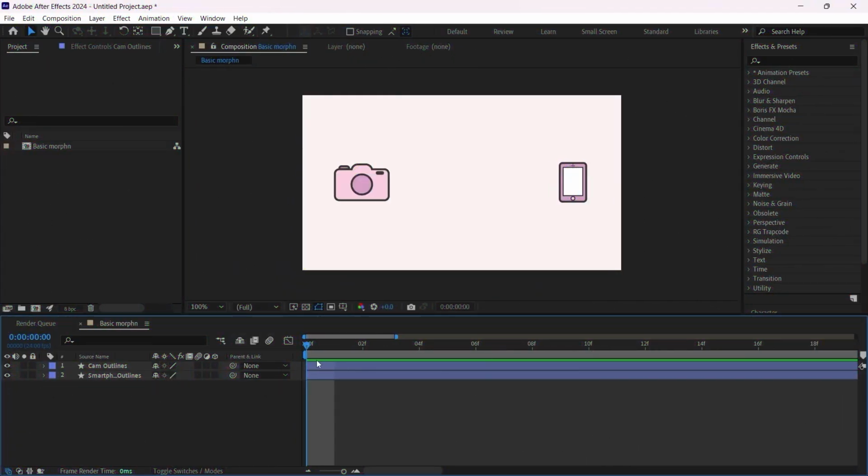Alright, so in this first lecture, let's go ahead now and do our warm-up exercise. We'll start with a simple one-frame morphing animation, and then we'll go back from there. Alright, so the first thing we have to do here is to animate the position. We'll animate the camera from left to right. Let's click on position,